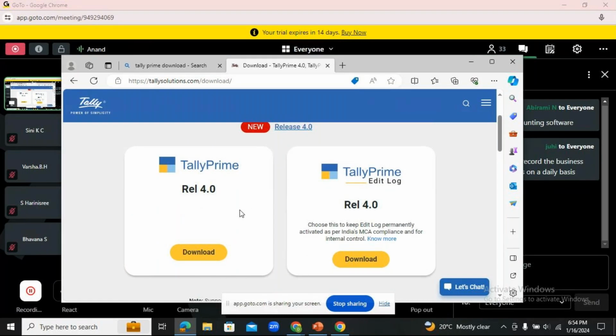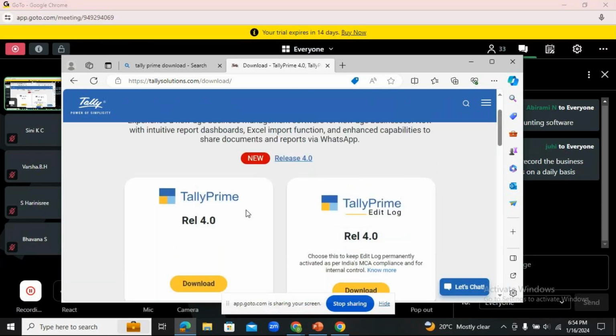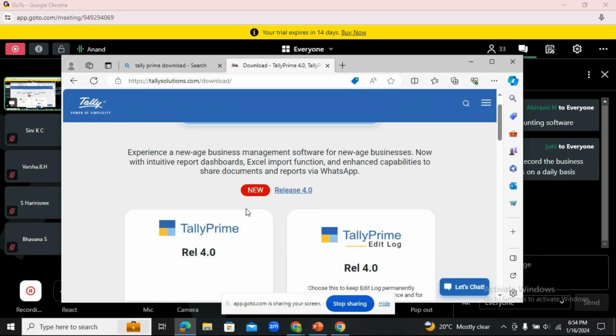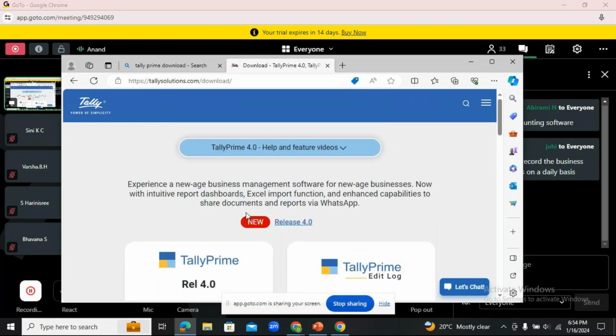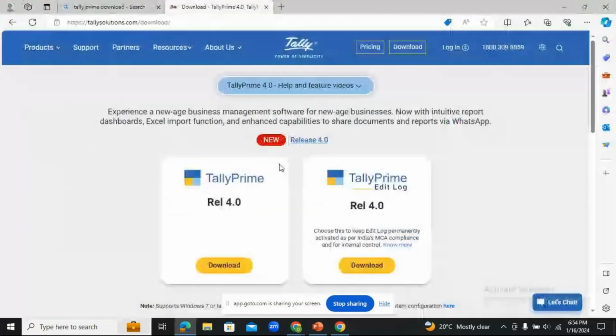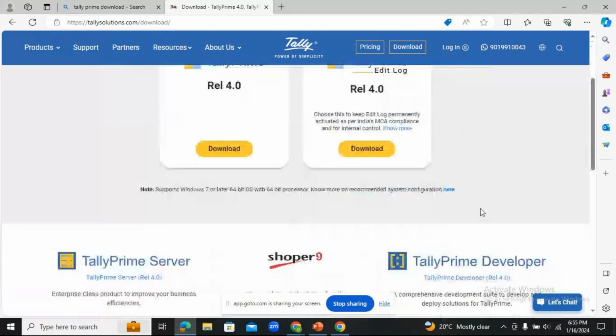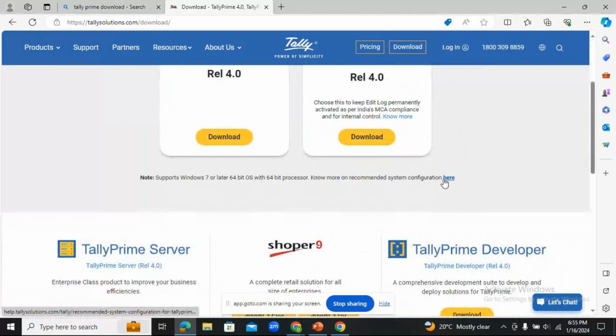The current release we'll be discussing in the upcoming sessions in your Tally Prime workshop is Tally Prime release 4. Before we download, please don't be in a hurry. Let me discuss the prerequisites for downloading the Tally Prime software, and then we will go for the download. Let me have a detailed discussion on that.